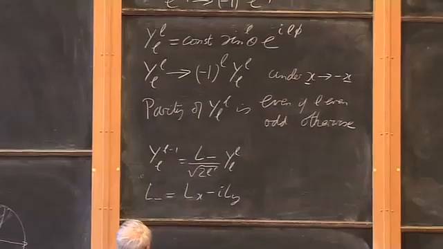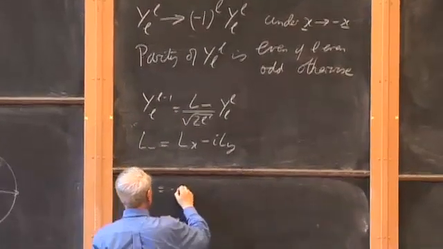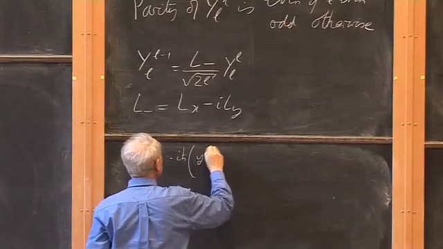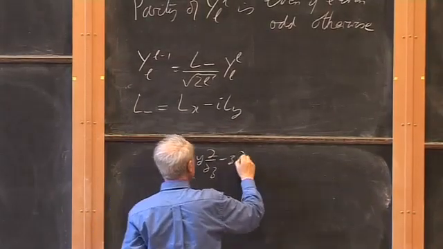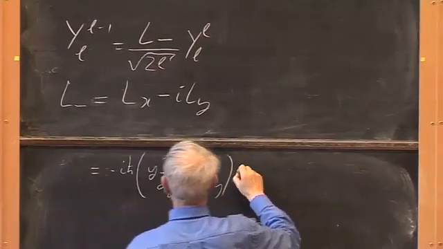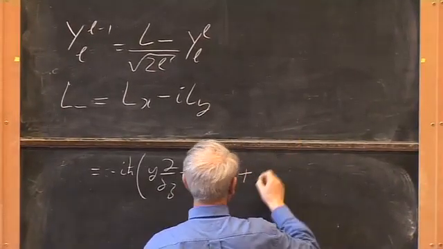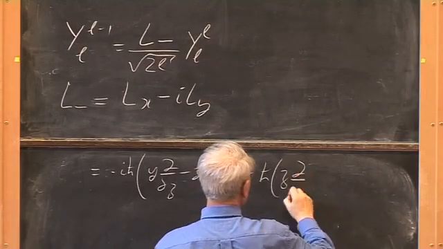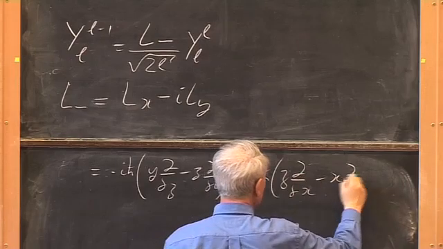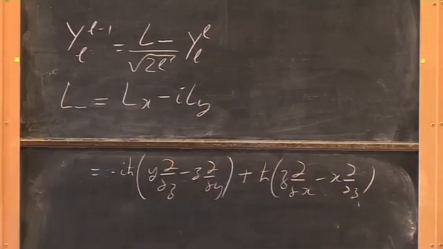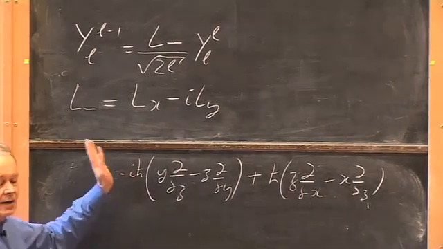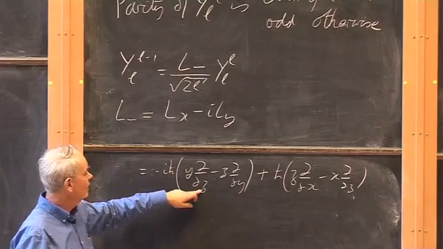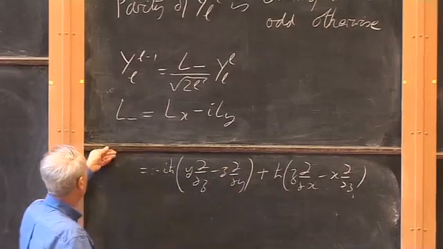In the position representation, what is this? This is minus i h bar of y d by dz minus z d by dy, plus, minus, who knows, h bar. It doesn't much matter. The key thing is that we're going to have here z d by dx minus x d by dz. And when we change x to minus x, y to minus y, and z to minus z, we get a change of sign here, a change of sign here, a change of sign here, a change of sign there. So